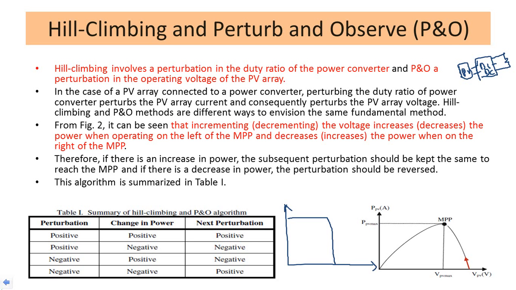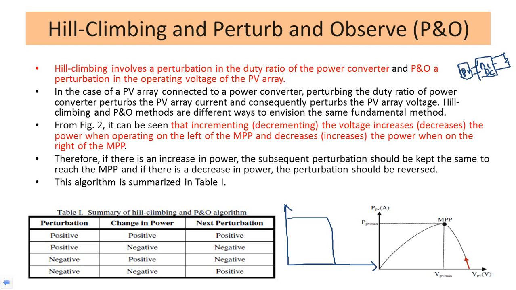In the previous class you studied that when the load changes, the operating point of PV is going to change. So now it is going to be tough. How are you going to change it? In between, you are going to place a DC-DC converter. Just by changing the duty cycle of the DC-DC converter, you are going to change the PV operating point. Now you have come to the conclusion that if you change the duty cycle, you change the operating point of PV. Now let us see how this operating point of PV is getting changed.